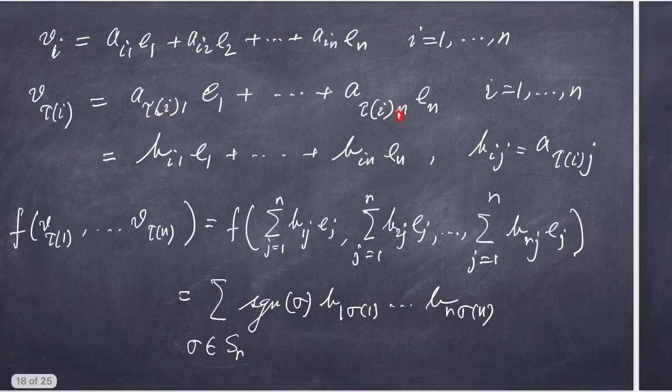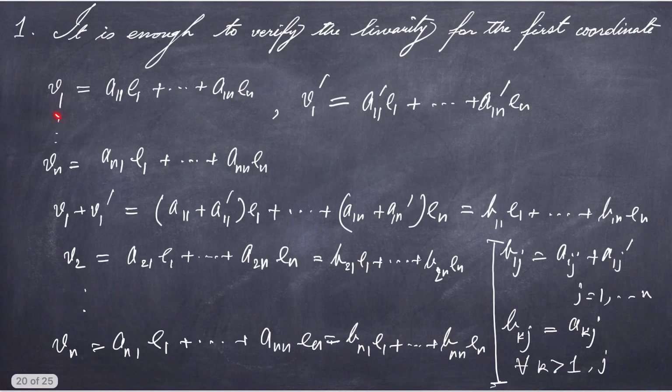We write v1 as the linear combination of the a1j times ej, and do the same for v1 prime. Then v1 plus v1 prime will have this. Since our definition depends upon the coefficients together with their indices,